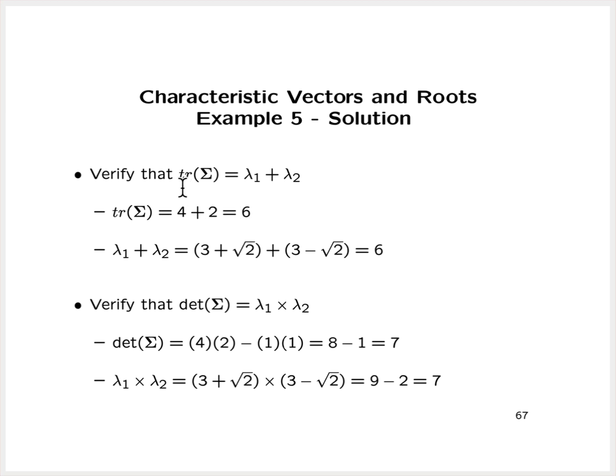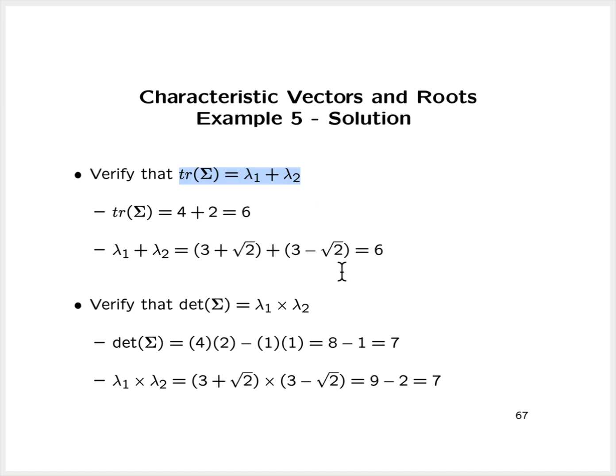Now we want to verify that the trace of this matrix is equal to the sum of its characteristic roots. We said that the trace was equal to 6. The sum of the characteristic roots, 3 plus the square root of 2 and 3 minus the square root of 2, well, that's equal to 6 as well. So this